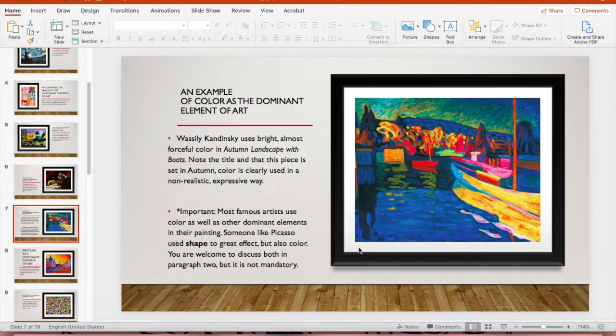All right, so an example of color as the dominant element of art. Vasily Kandinsky uses bright, almost forceful color in Autumn Landscape with Boats. Note the title and that this piece is set in autumn. So color is clearly used in a non-realistic, expressive way. This doesn't really look like autumn. The way the colors are used is not realistic, and that's why it's so dominant. There's not a great harmony